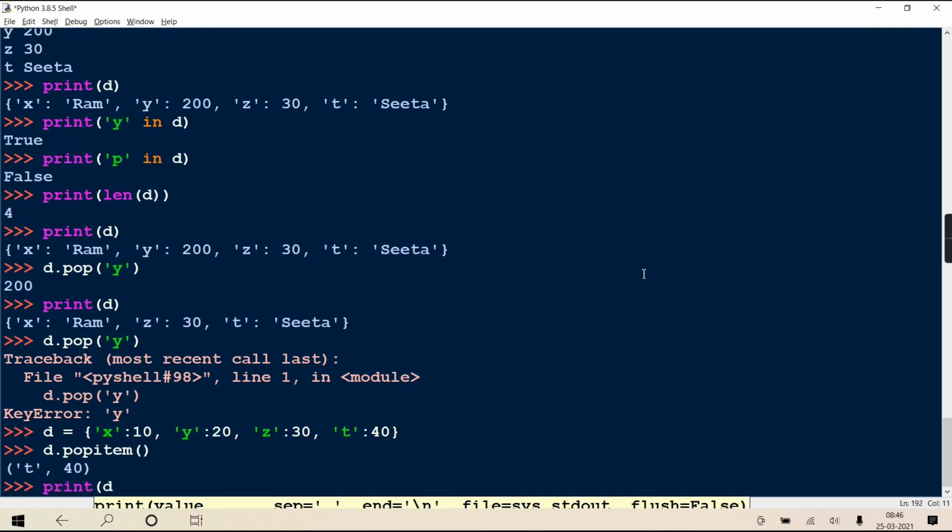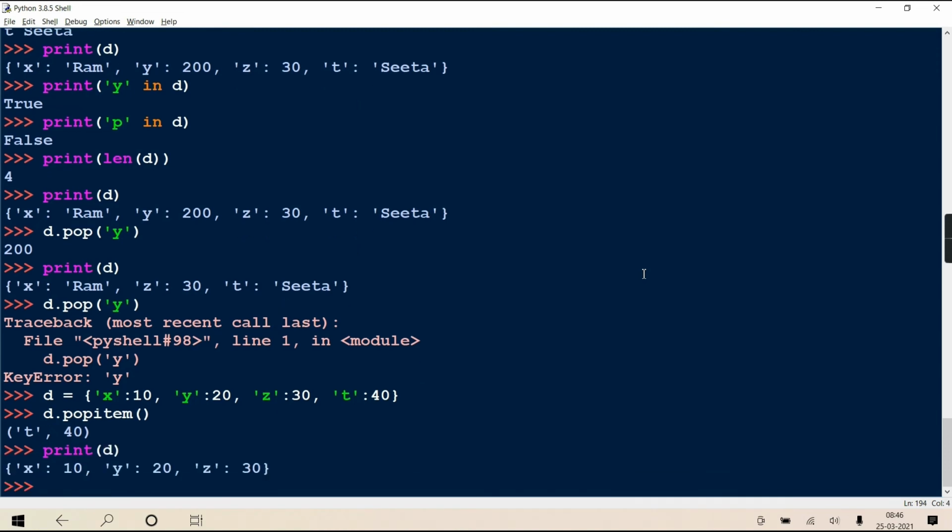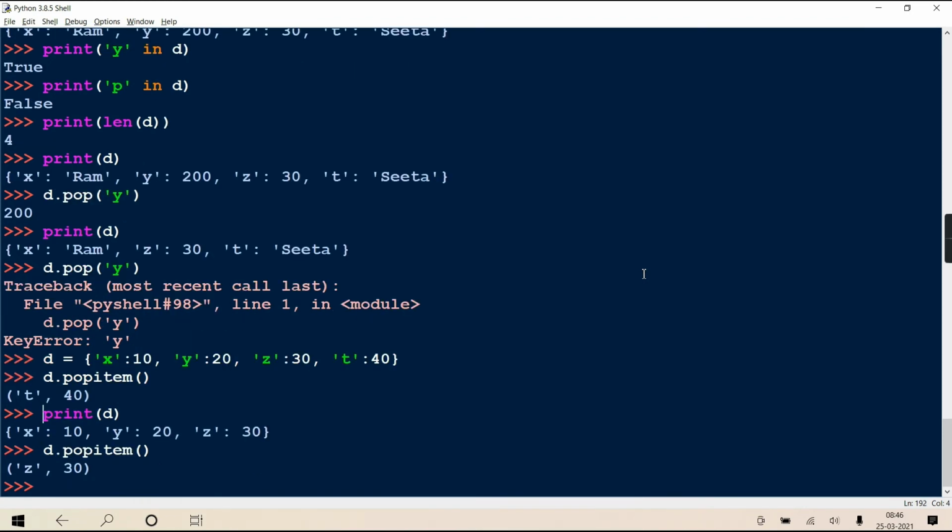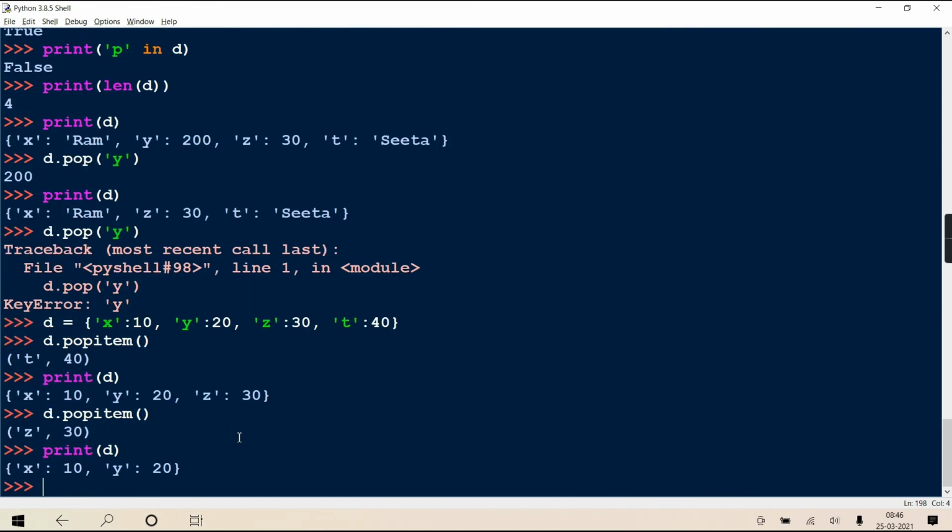If you print and see d, in that t40 won't be there. Again, if I write d.popitem(), now it has deleted again the last item. And if you check your dictionary, z is not there. Okay? Hope popitem is also clear to you. Right?